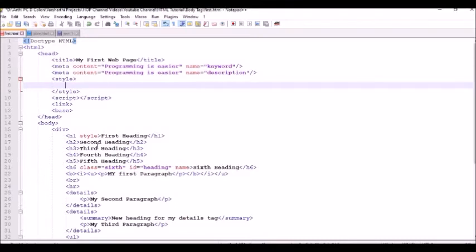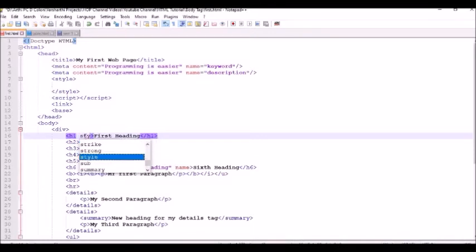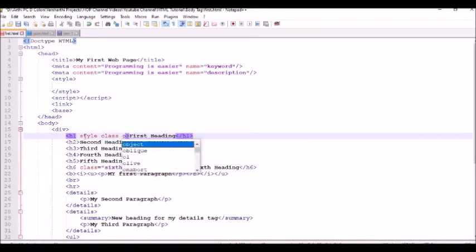If you want to use inline style sheet, you have to use style as an attribute for the respective tag. In the previous session, we discussed attributes, which are any property that comes immediately after your tag. For example, here we have an h1 tag. I am writing style or class or id and providing some values for it. Let's say id as heading 1. So this particular h1 tag has three attributes.